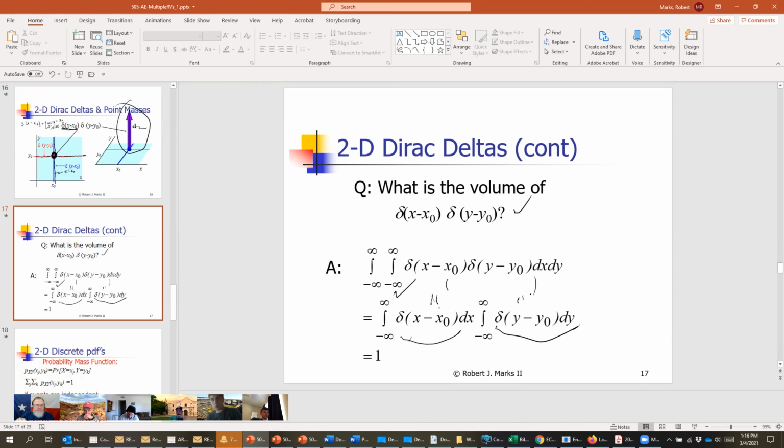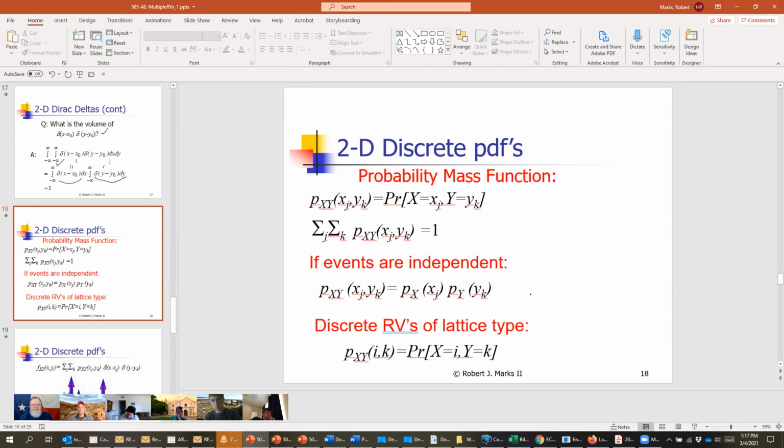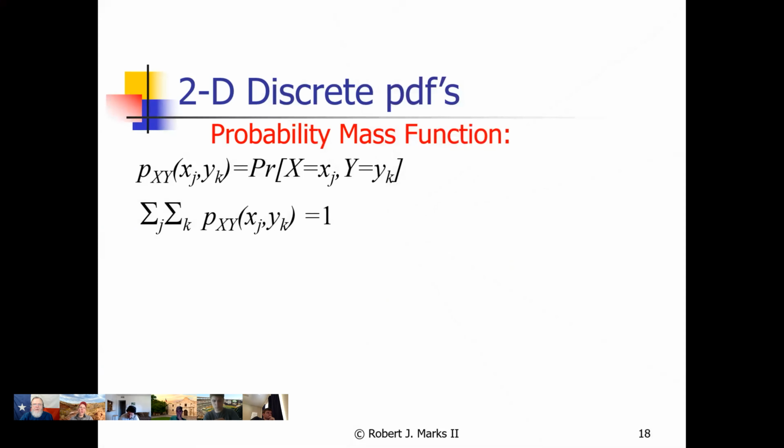So instead of one-dimensional Dirac deltas, now we have a surface and little pins protruding from the plane, and these are point masses and correspond to 2-dimensional probability masses, if you will. Let me go, because this is very distracting with all the underlines here. Let me go to the slideshow presentation.